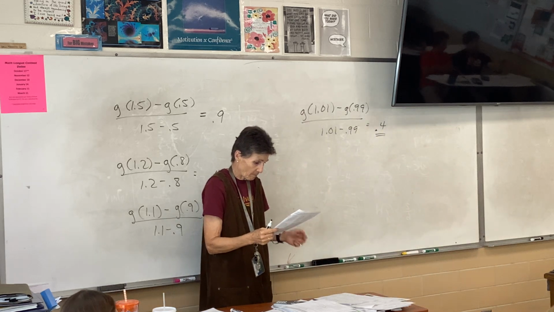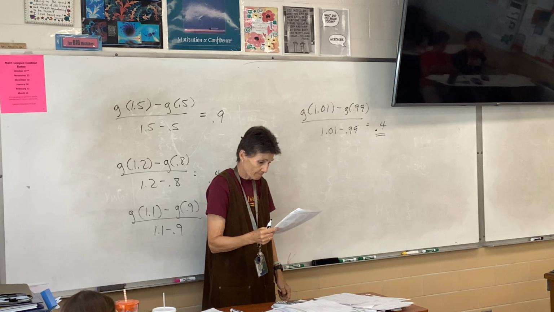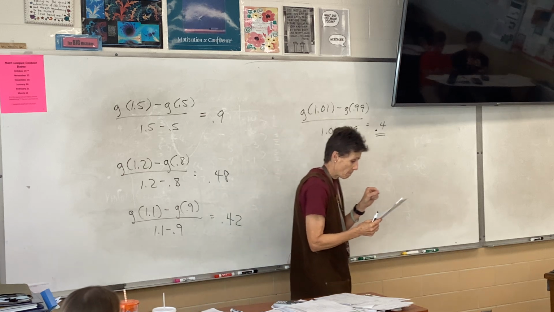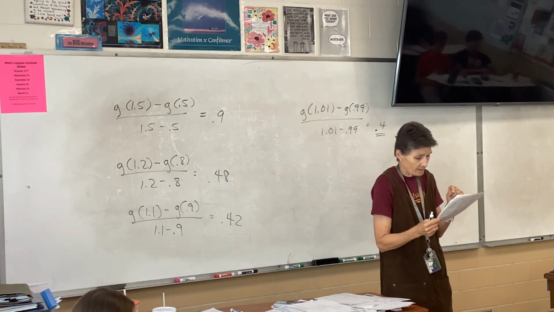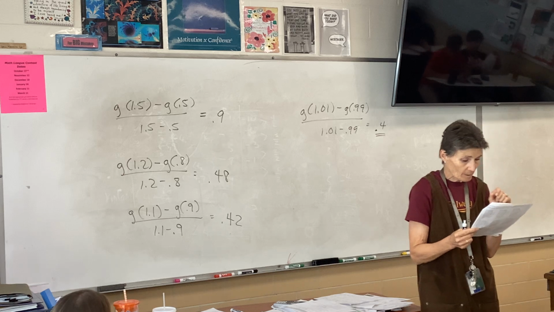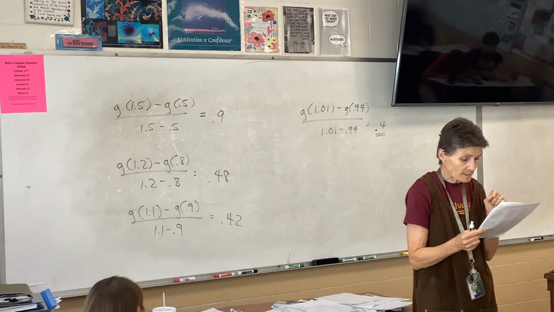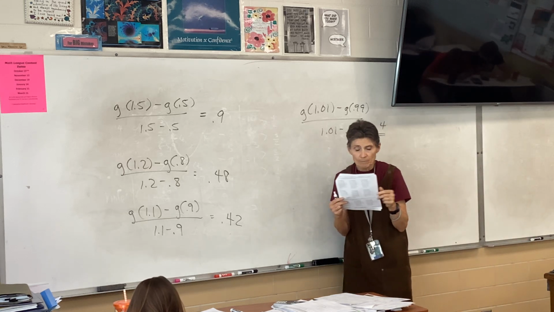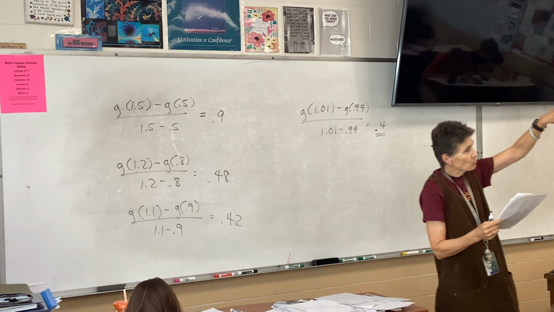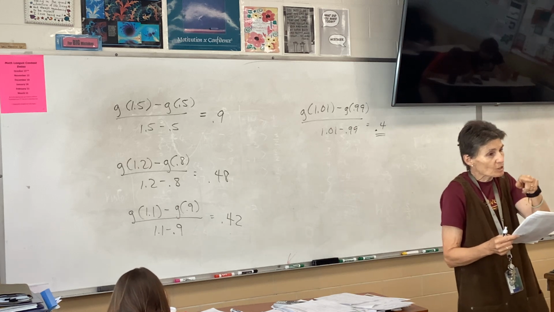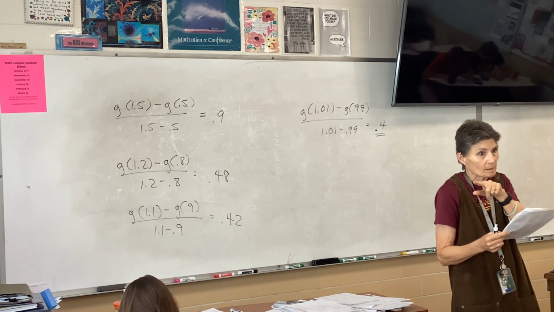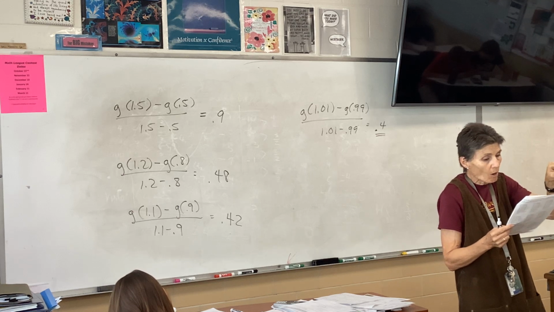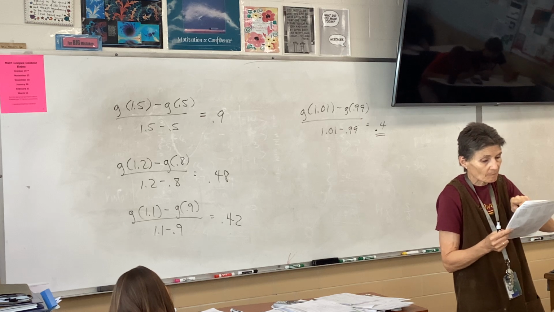Okay, number 6. Sketch a line tangent at each of the points. Okay, you can do that. And then list the rates of change from least to greatest. So he's having you draw those lines so that you can literally see the slope. The slope is the rate of change. So when you draw in those tangent lines,